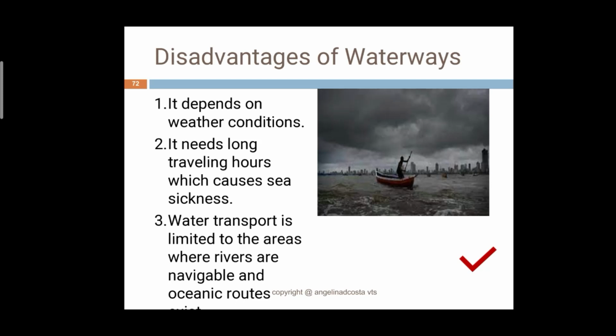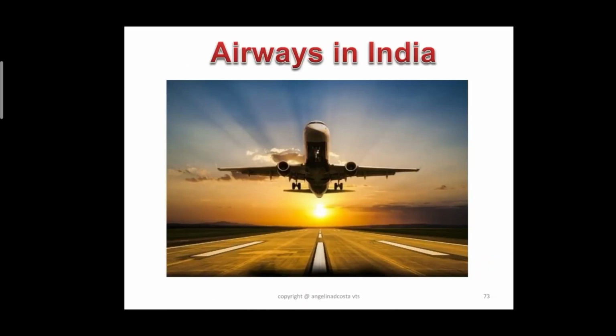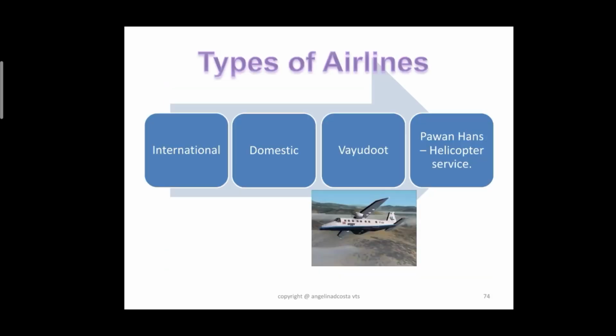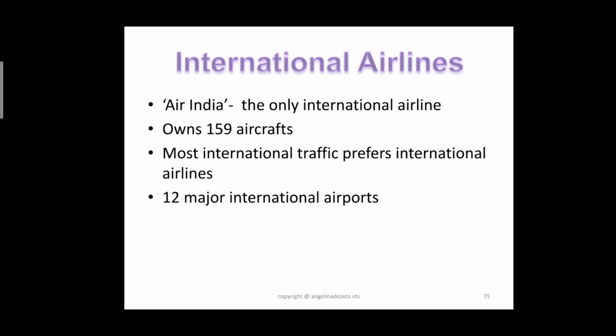We have 12 major international airports. Let us take a look at all our international airports in India. The ones in orange are managed by Airport Authority of India, green are Civil Enclave, and the pink are others. So we can take a look. Guwahati, Kolkata, Amritsar, Delhi, Ahmedabad, Mumbai, Hyderabad, Chennai and Thiruvananthapuram. And then the civil enclave is Goa, Bangalore, and in others we have Cochin.